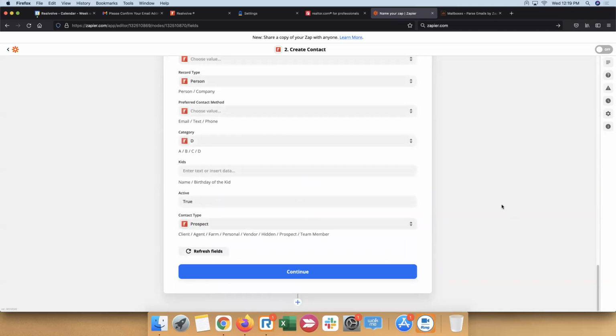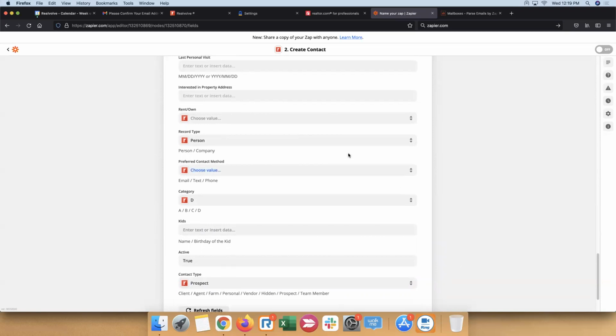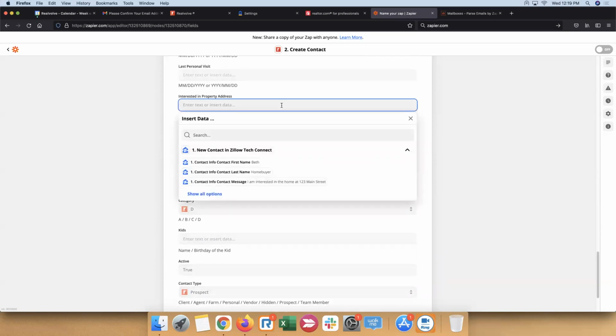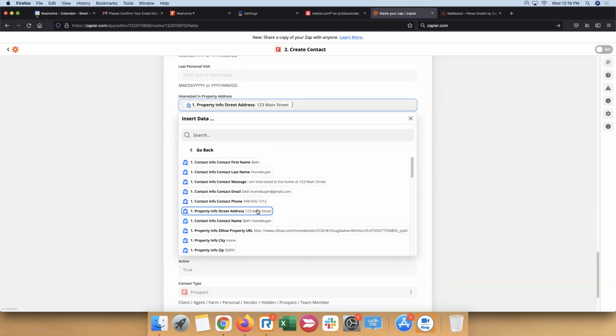Can I back us up just a little bit here? Yeah, sure. Let me scroll back up here. So there's a field here for interested in property address. Yep, this one right here. This one is really good. We have one field in the database. While he did put it in as a note, that's great so that you can see that in the note section. But you might also want to have, in this case, we put it in as one specific field